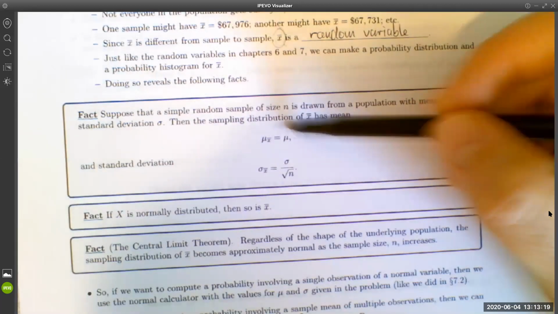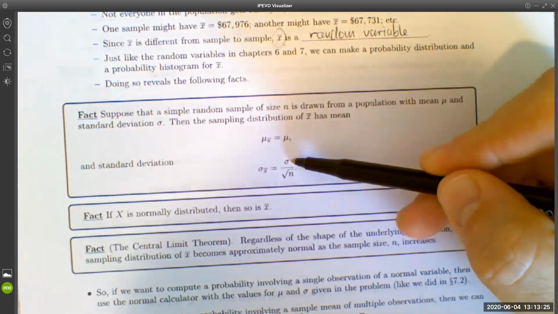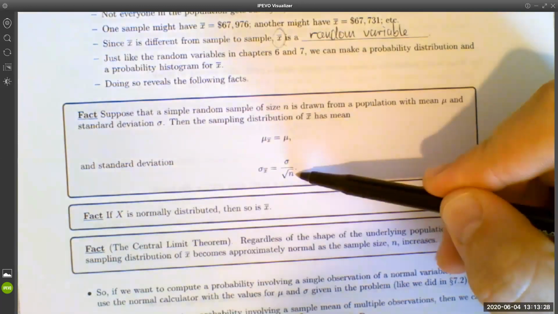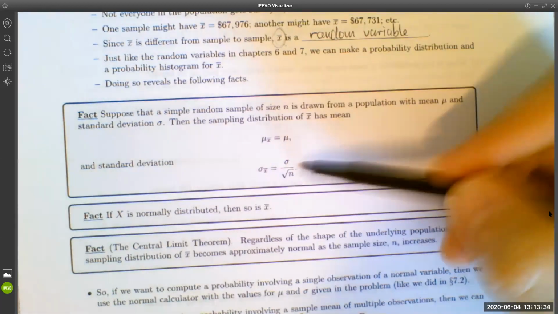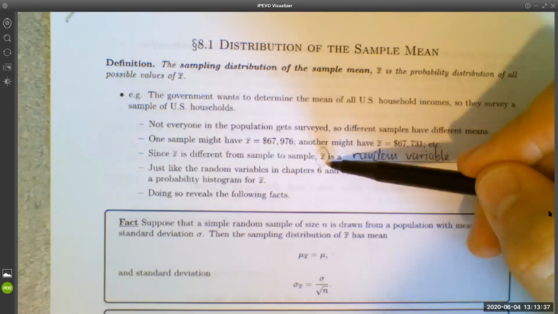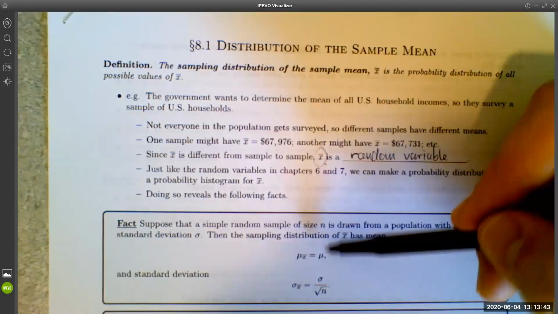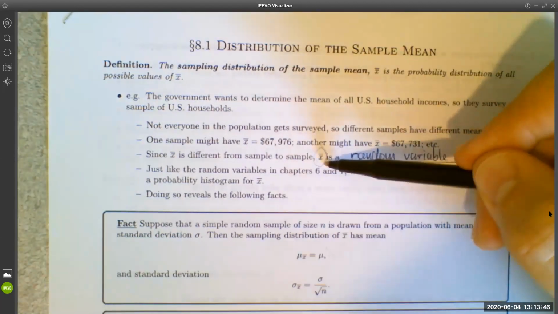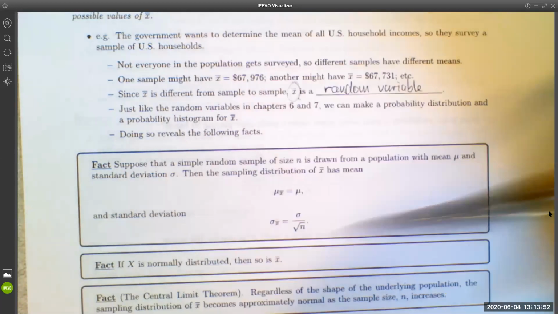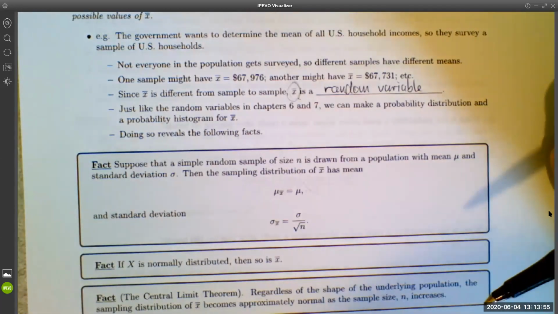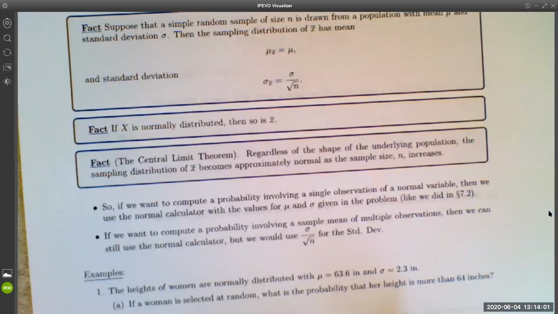The standard deviation of the sample means turns out to be the same as the population standard deviation divided by the square root of the sample size. So again, if you listed out all of the possible different x bars, all of the possible different sample means, and you took their average, you would get the population mean. And if you looked at the standard deviation of the sample means, you would get the population standard deviation divided by the square root of the sample size that was used. Okay. So those two pieces of information are important. And now here are two more pieces of information that are important.